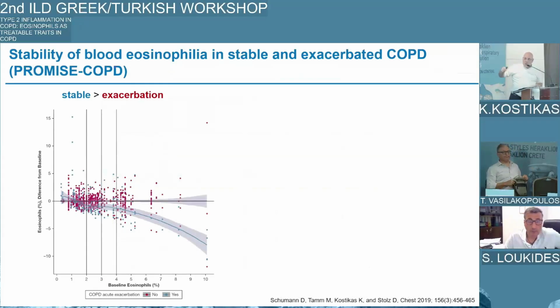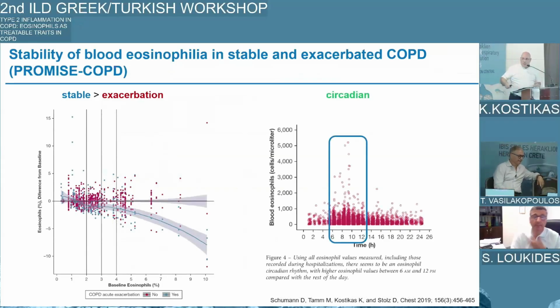And the additional thing is that, and these are data from the PROMISE COPD study that we have done with Diana Stoltz a couple of years ago. And here, in exacerbations, blood eosinophils were lower because usually when we measure them, we have given systemic steroids to our patients, so we cannot have a good treatable trait. And the additional thing is that there is circadian rhythm. And we need to measure blood eosinophils early in the morning until lunchtime in order to have the highest possible